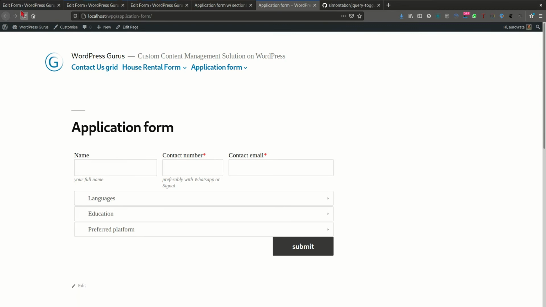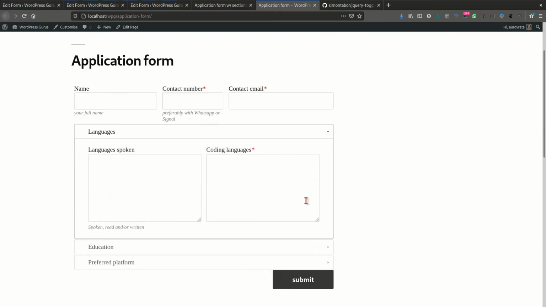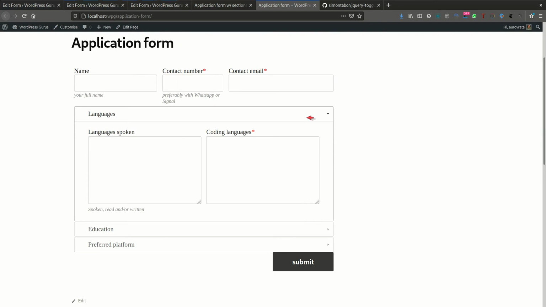So here's the form now, and you can see that the form is a lot more compact than previously, where the sections really allow you to separate sections of the form that might take up normally a lot more space if they were fully extended. And